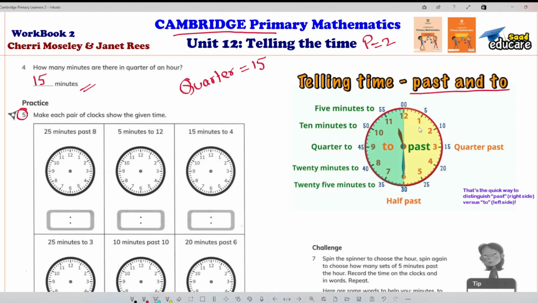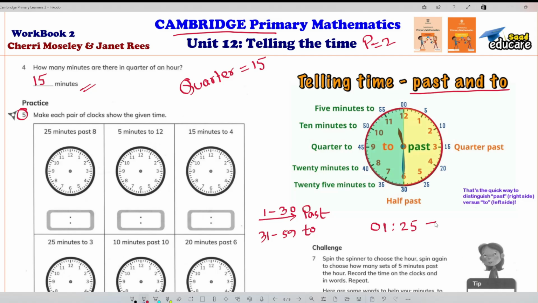Here is a clock, 1 to 12. Look, the right side is yellow and the left side is light green. From 1 minute to 30 minutes gone, it will be past, and from 31 minutes to 59 minutes it will be to. Suppose a digital clock mentions